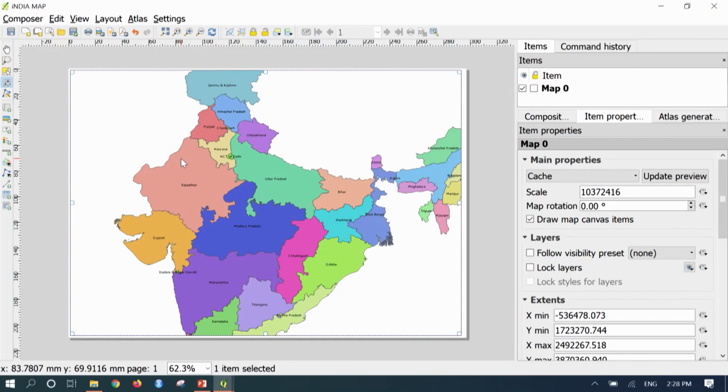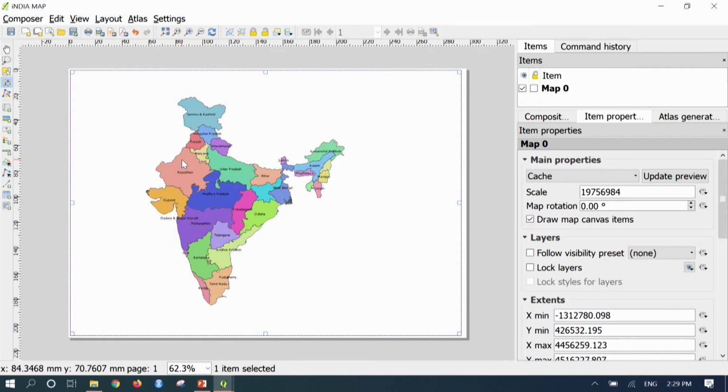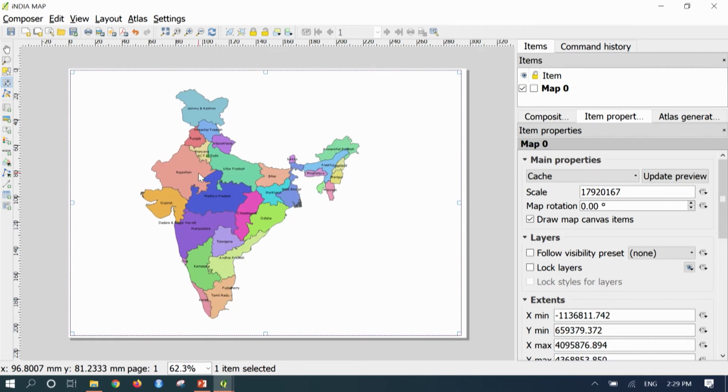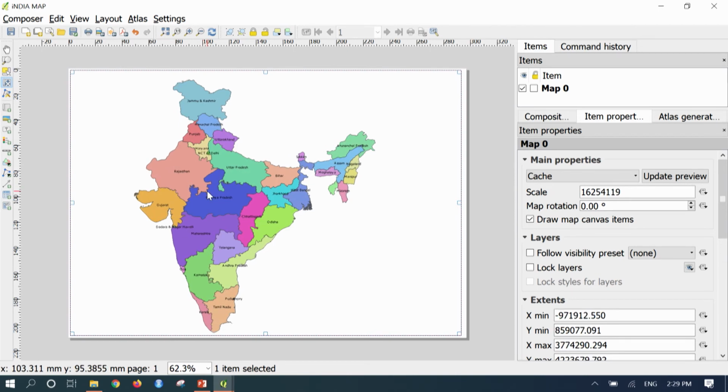If you rotate the mouse scroll button, it will zoom in or zoom out. If you want to zoom a little bit, slowly, you could press control and then scroll. Control and scroll is the option to zoom in or zoom out slowly. So currently I have adjusted the zoom level, so you could see the random scale is changed here.